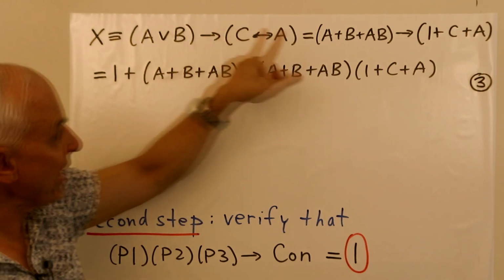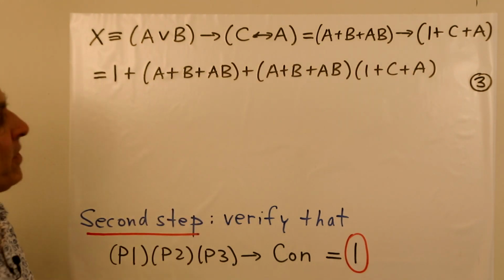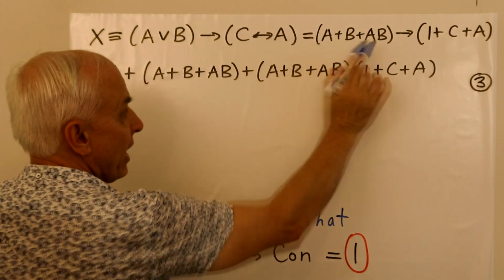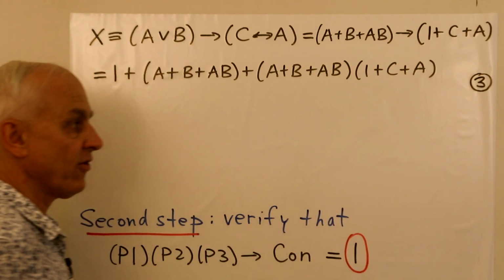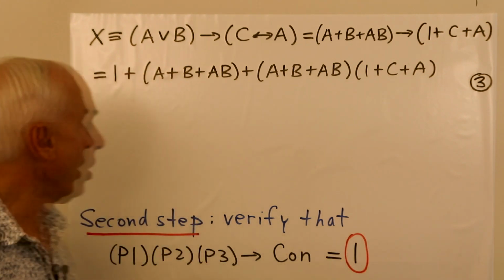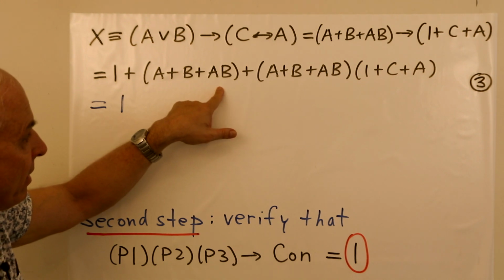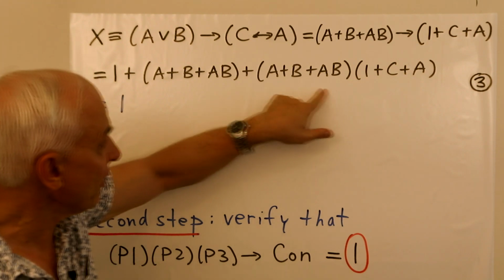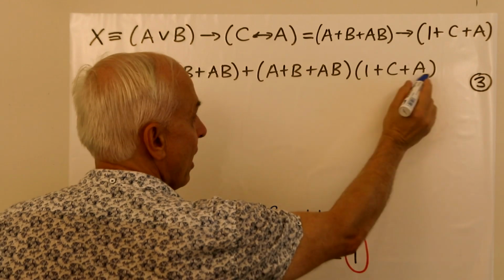And we still maintain the implies there momentarily, and now we're going to replace that. So this implies this. We write that as 1 plus the first term, A plus B plus AB, plus the product, A plus B plus AB times 1 plus C plus A. And now we have to expand and simplify using Boole reduction. So what do we get? This will be a 1. Now this A plus B plus AB happily cancels with the A plus B plus AB that we get by multiplying this by 1. That just dies. And so we just have A plus B plus AB times C plus A.